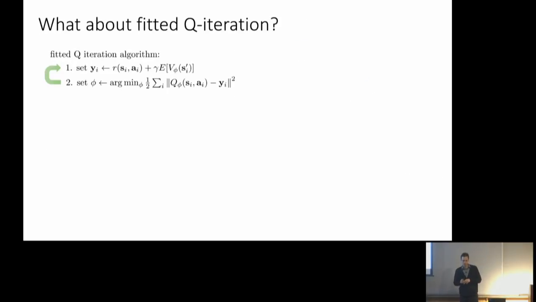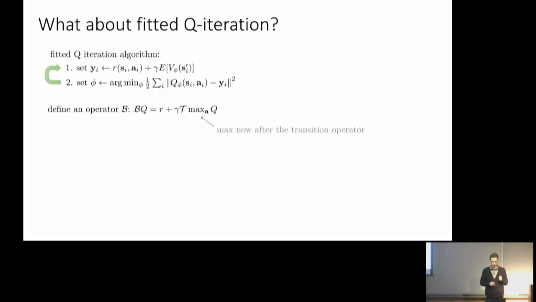What about fitted Q iteration? Well, we can go through the whole exercise that we went through before for fitted Q iteration also. So for fitted Q iteration, we define a slightly different Bellman backup operator. For Q iteration, the Bellman backup operator is now on Q, so it's given by R, which is actually now a state by action matrix, plus gamma times the transition operator times the max of the Q at the next step. So now the Bellman backup operates on matrices rather than vectors, but same basic principle, just for Q iteration.